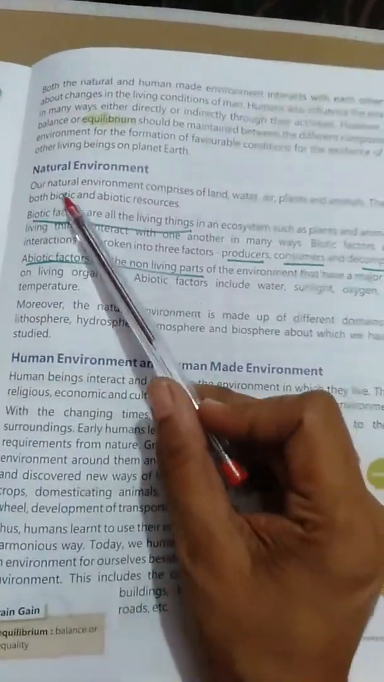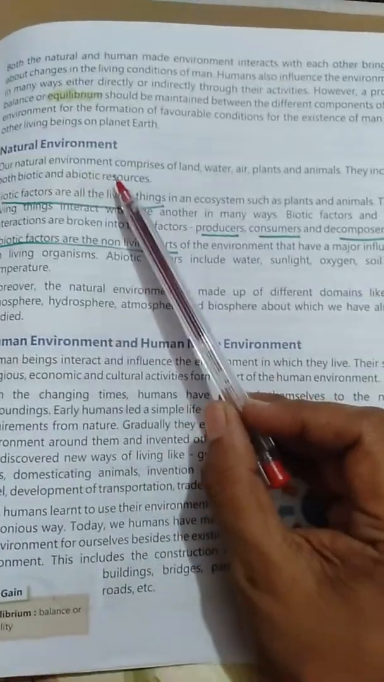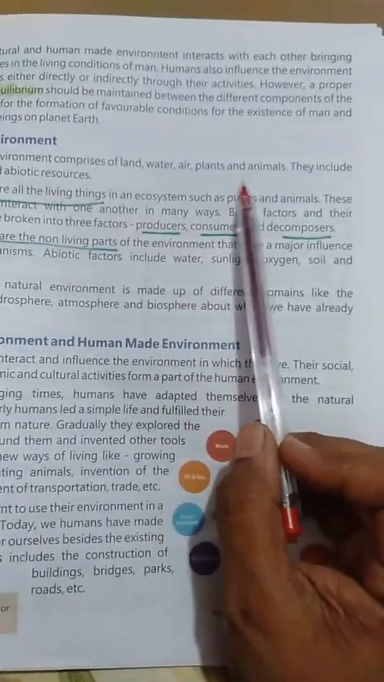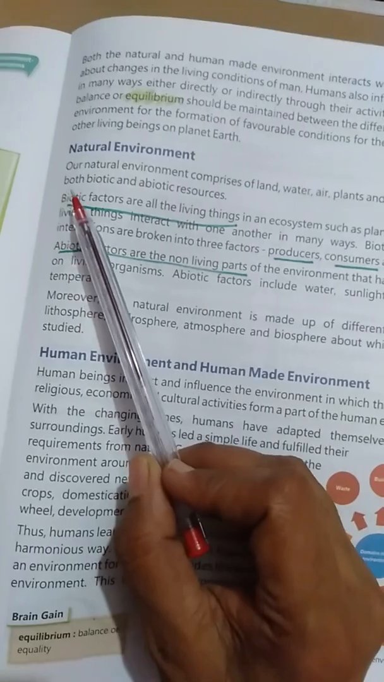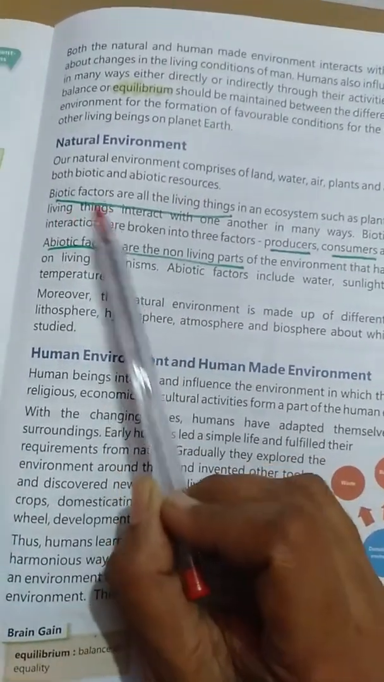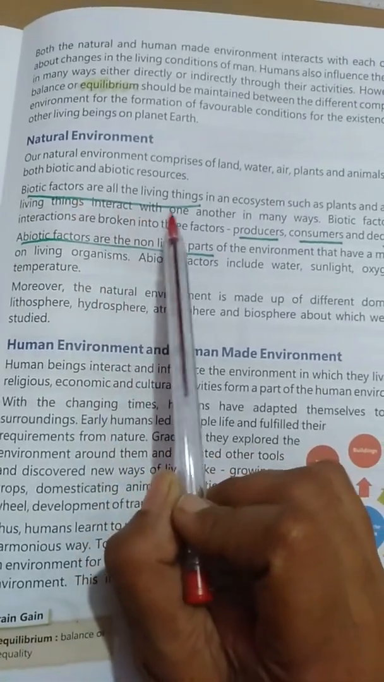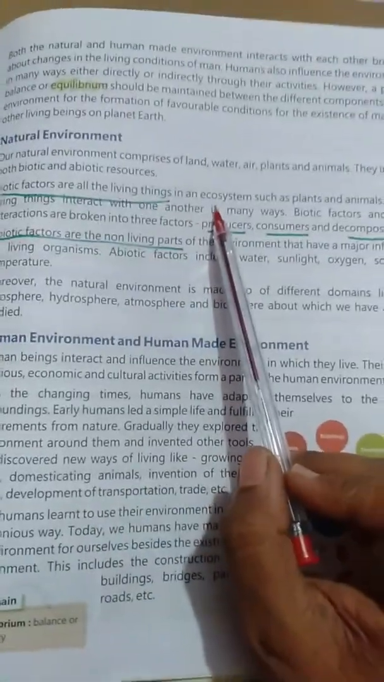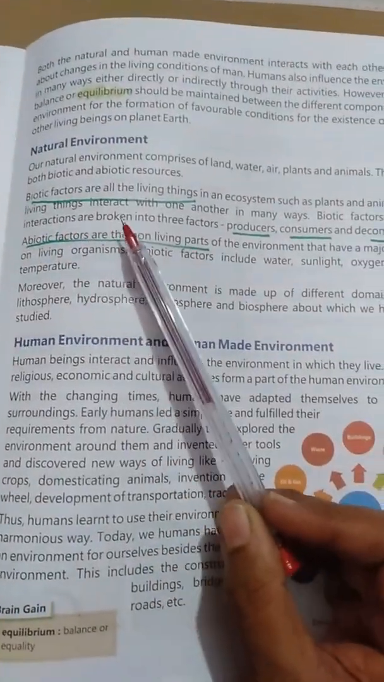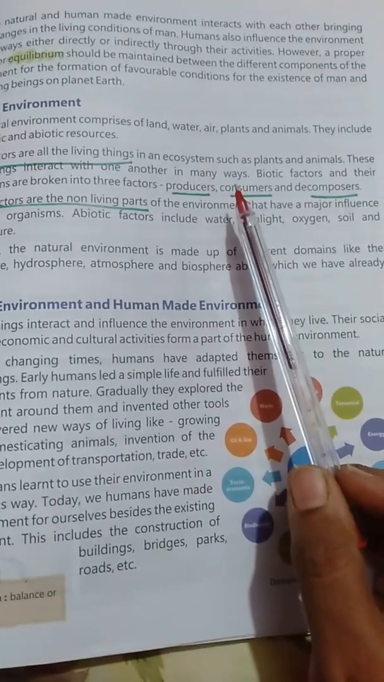So natural environment. Let's read. Our natural environment comprises land, water, plants and animals. They include both biotic and abiotic resources, living and non-living. Please underline, children, biotic factors are all living things in an ecosystem such as plants and animals. These living things interact with one another in many ways. Biotic